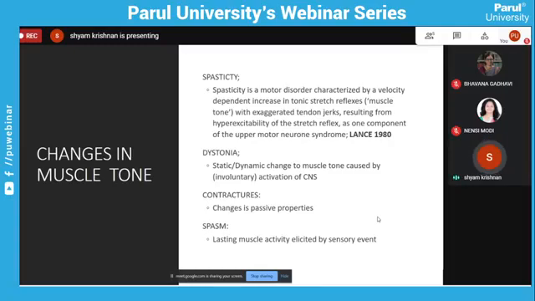Or it can be dynamic, like in the case of athetoid cerebral palsy. There can be fluctuations in the activation of agonist and antagonist. So that is what basically a dystonia is. Now the next one is basically a contracture. Contracture, in chronic cases, is the single most important factor responsible for offering a resistance to movement of a joint, or offering a resistance to passive movement.